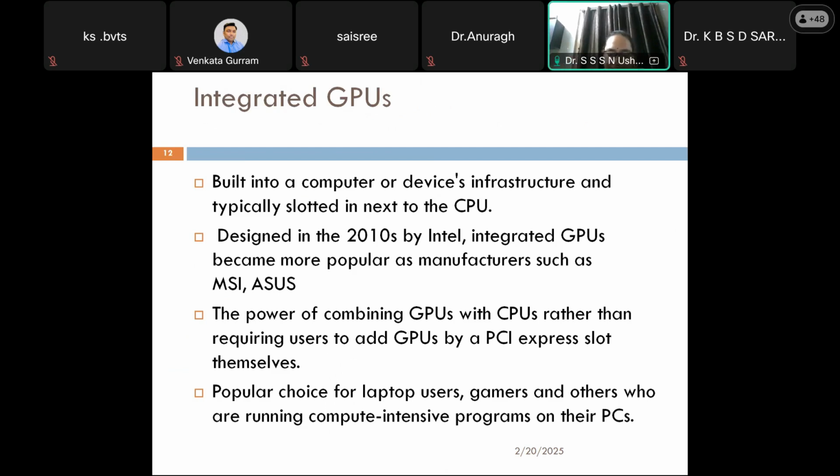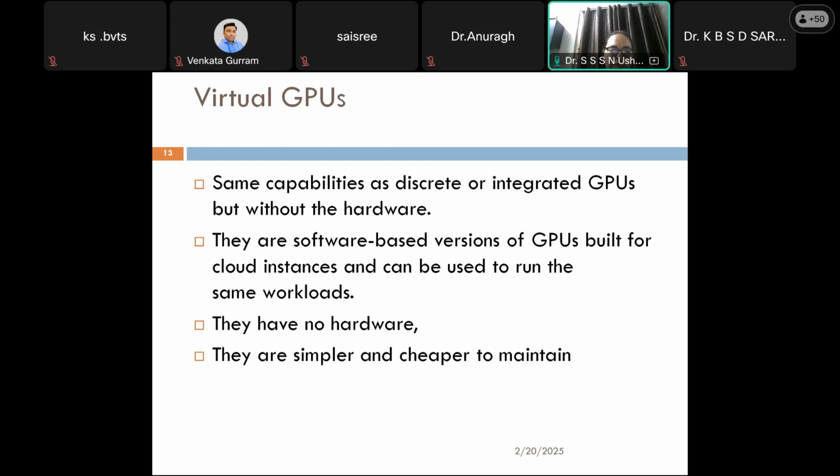Now this is going to have high power, because we can transfer the data at a faster rate. Why do we need to transfer the data from CPU to GPU? Let us see in the next slides. Whenever we have gaming laptops, majorly we'll have such kinds of integrated GPUs. Within the system, we can see the GPU slot.